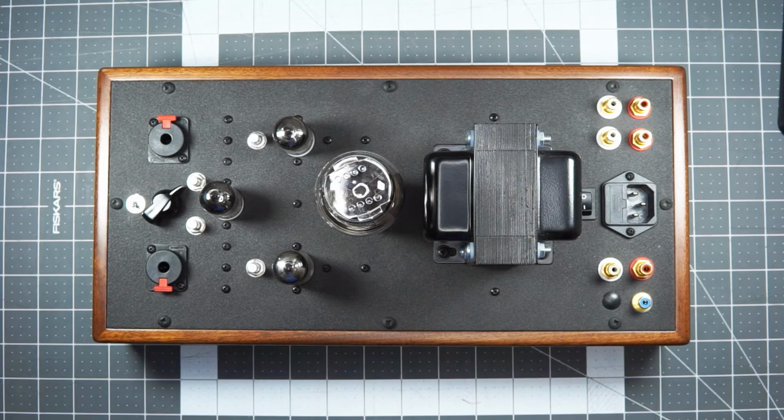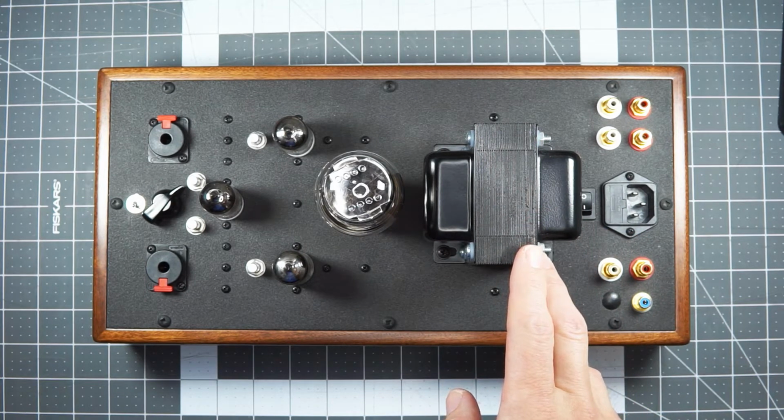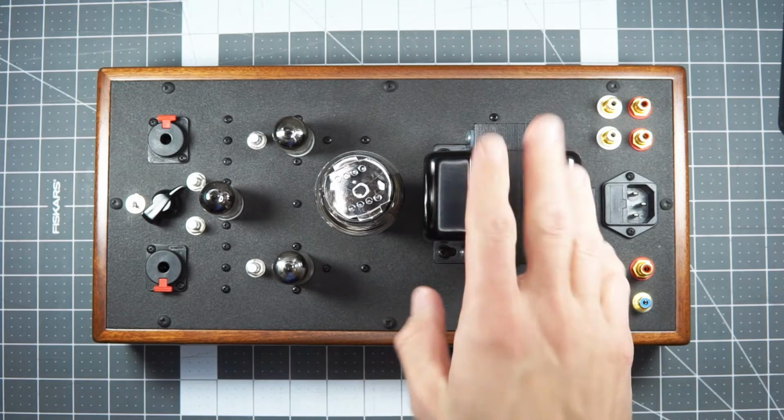All this is point-to-point wiring, very nice components, and I can't remember the year, but whenever Decware had its 25th anniversary, they came out with a bunch of different mods you can get, like caps and options on the inside that can get greater and greater performance out of it. This one happens to have, what is it, the Anniversary Mod 2 package on it. So some upgraded capacitors. And I haven't heard another version, so I can't compare, but I can tell you this one sounds fantastic. It is